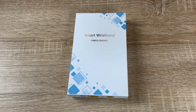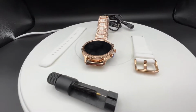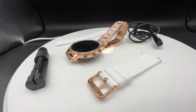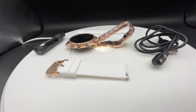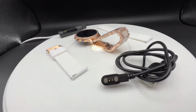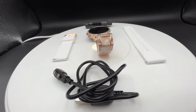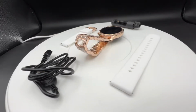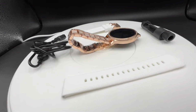Today let me introduce you this smartwatch here for women. Of course, a man and so on can wear that too. 1.32 inches touchscreen. We can answer and make calls with that smartwatch here. With heart rate monitor, sleep monitor, blood pressure, blood oxygen, step counter. It is IP67 waterproof. It is a fitness watch for all devices out there which comes with iOS or Android